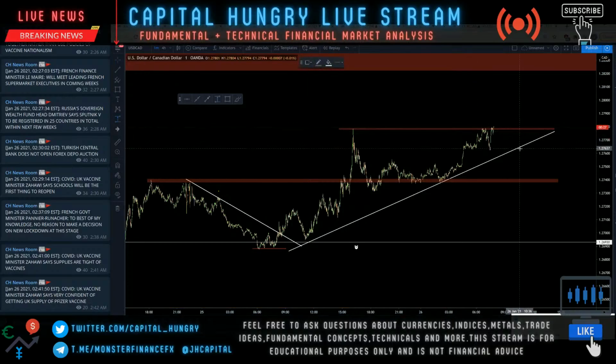Which, if we did get that pullback or the breakout entry, that's a nice 30 to 50 pips up. All right, so US dollar still holding some strength short term. Japanese yen is holding strength short term. This will give us more confirms of money going into those safe haven currencies, coming out of equities, coming out of the risk currencies. We're seeing some negative headlines regarding the vaccines.